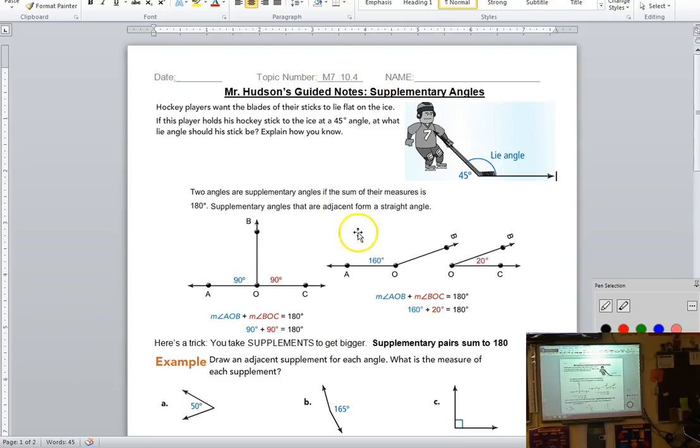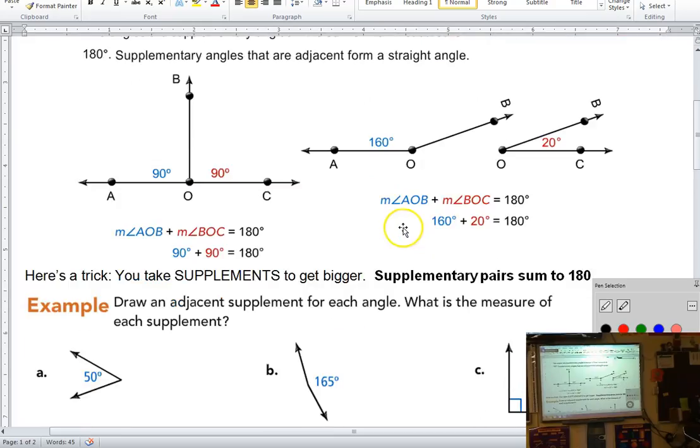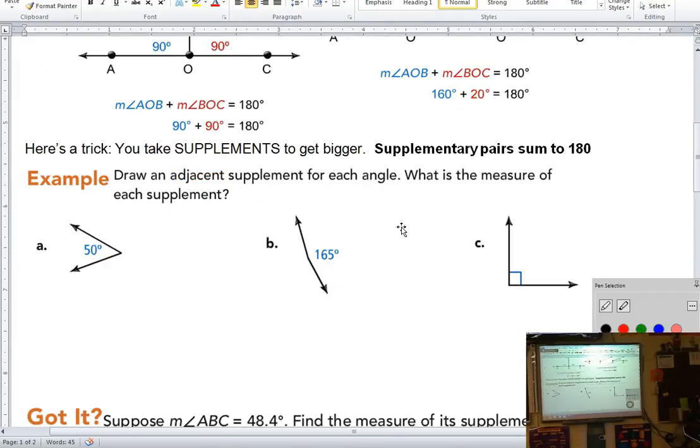So, we just talked all about complementary angles. Supplementary angles, go ahead and jump right down to here. With your highlighter,